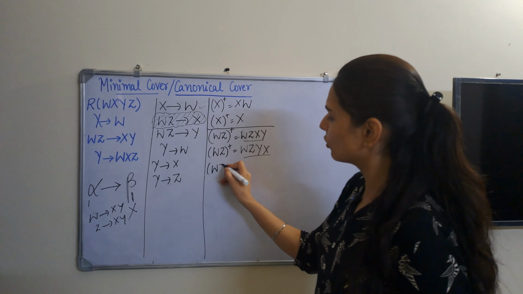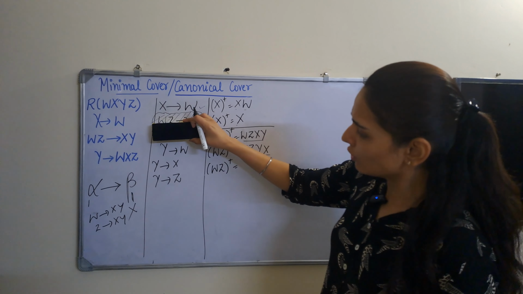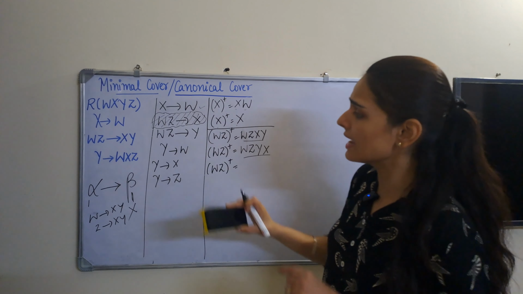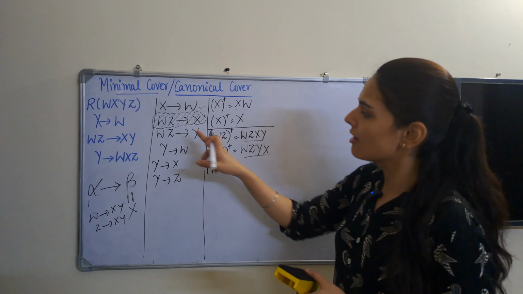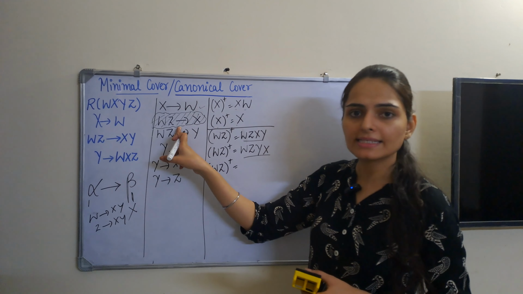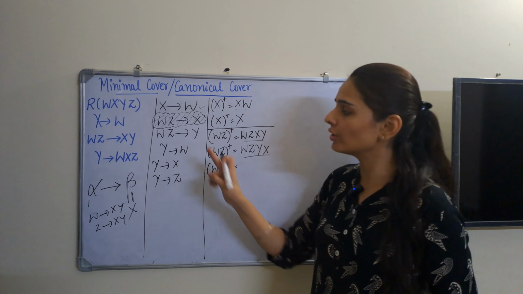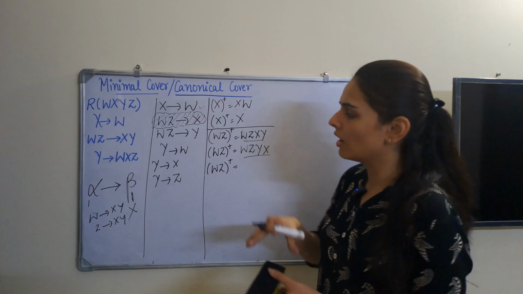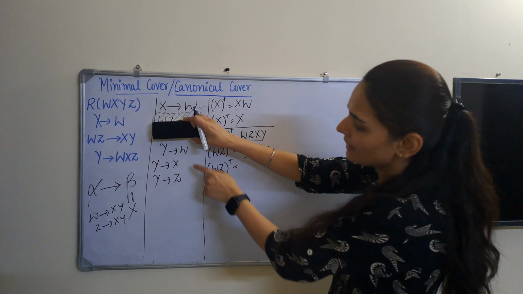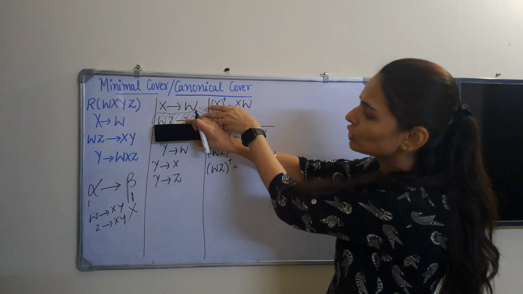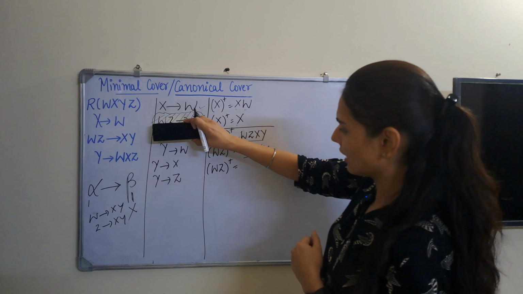Next, we have to find it out for this functional dependency. So let's find out the closure again, and this time we have to not consider this functional dependency. One more thing that we have to keep in mind over here is, when we remove any functional dependency, we remove it immediately. That means for our further processing, we are not going to consider this functional dependency now, right? So when we remove it, now we are going to consider only this functional dependency and these three functional dependencies. Which is removed is removed, and which we are not considering, that also we will not consider.